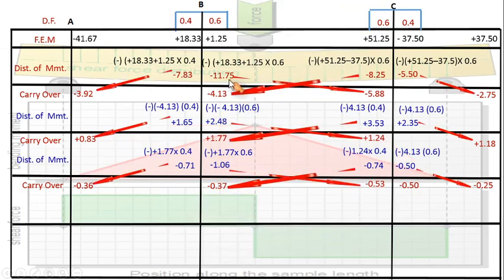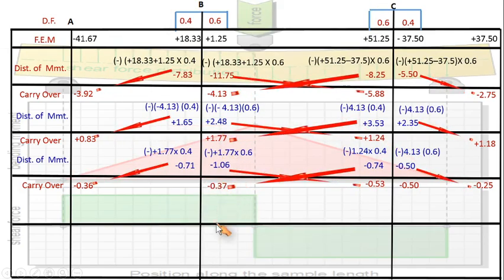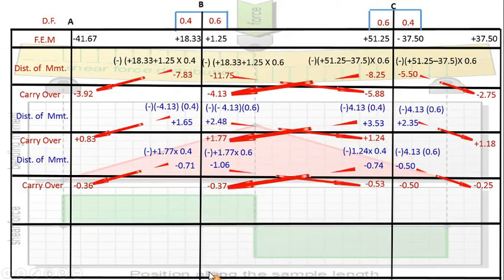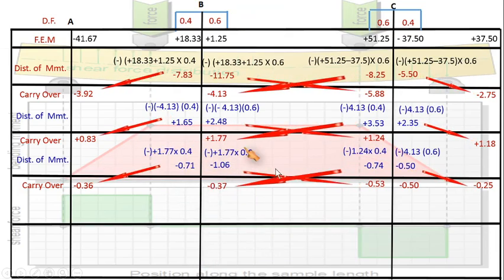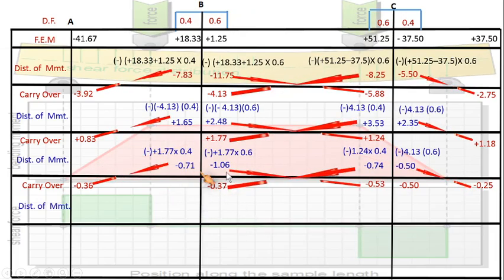So as we go on repeating the iterations, this value also comes to be equal to 0, and the adjacent value of bending moment also comes to 0. This is what we are going to say in this particular problem. Is it okay? So I'll do one more iteration.